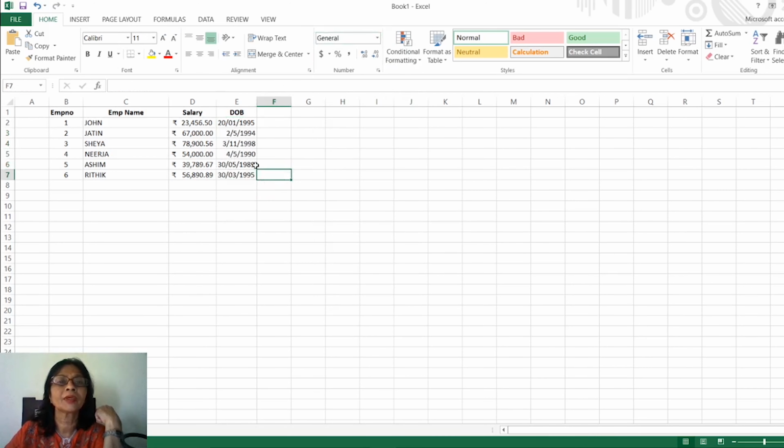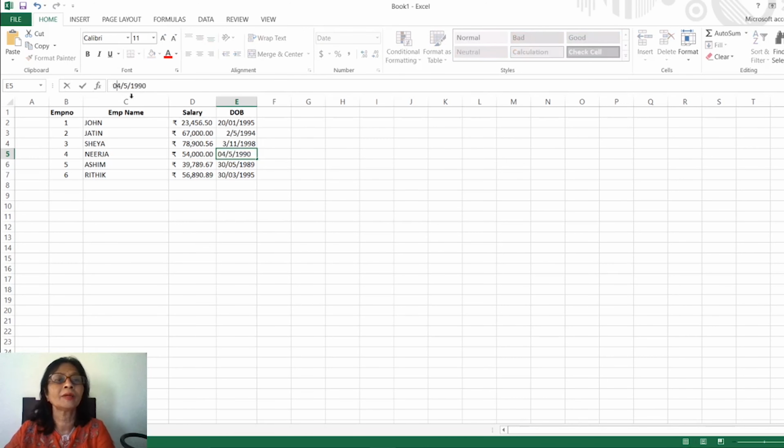So this will be considered as date type. Here you see, I have changed the value 4 to 04, but still it is coming as 4 only in the date format.